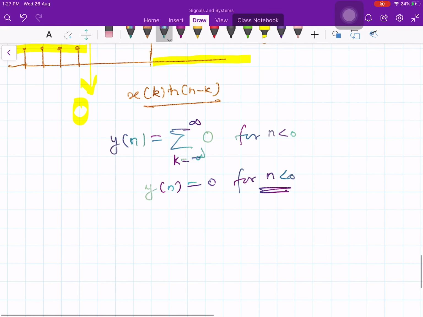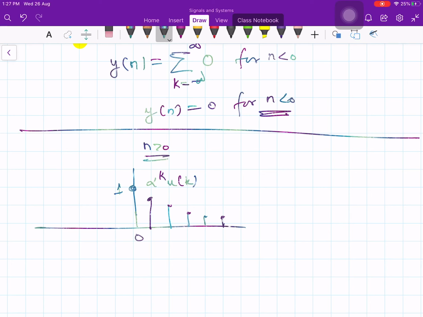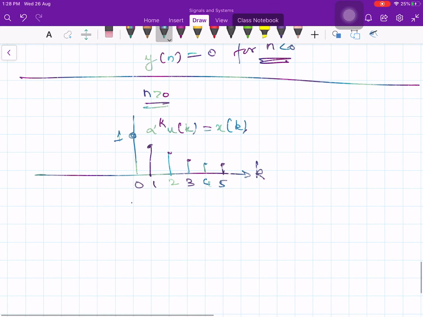Second case. So let me draw the figure x of k. At n equal to 0, its value is 1. Then it keeps on reducing like this. It is a decreasing exponential, alpha to the k, u of k. This is my x of k, right? 1, 2, 3, 4, 5, and it keeps on going. Now you take h of k and shift by n units to the right